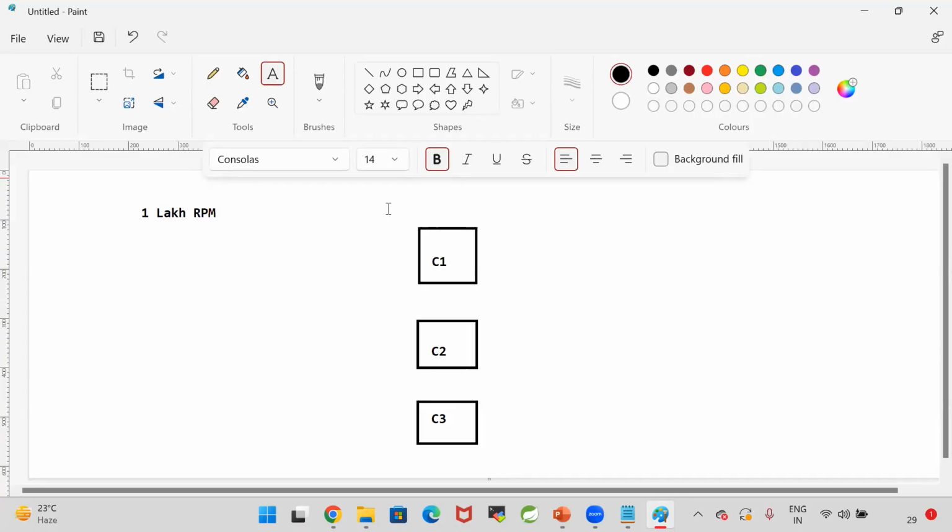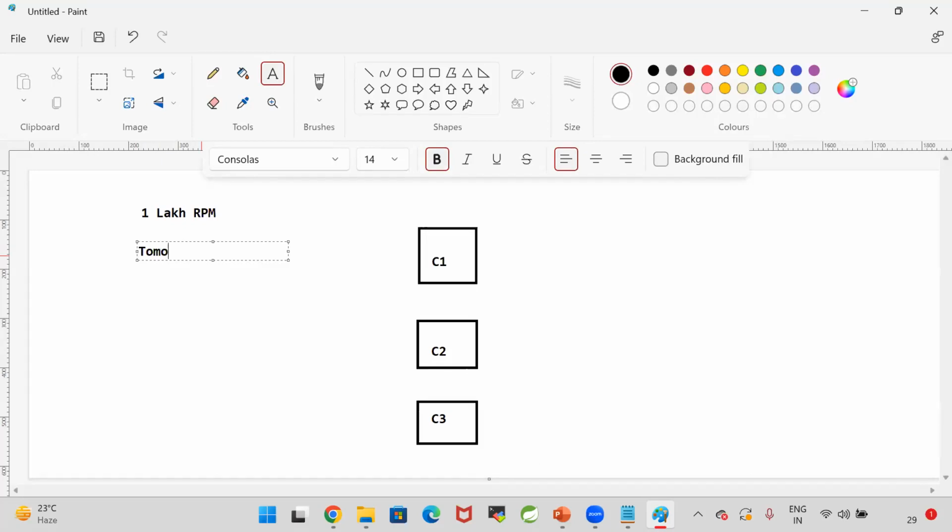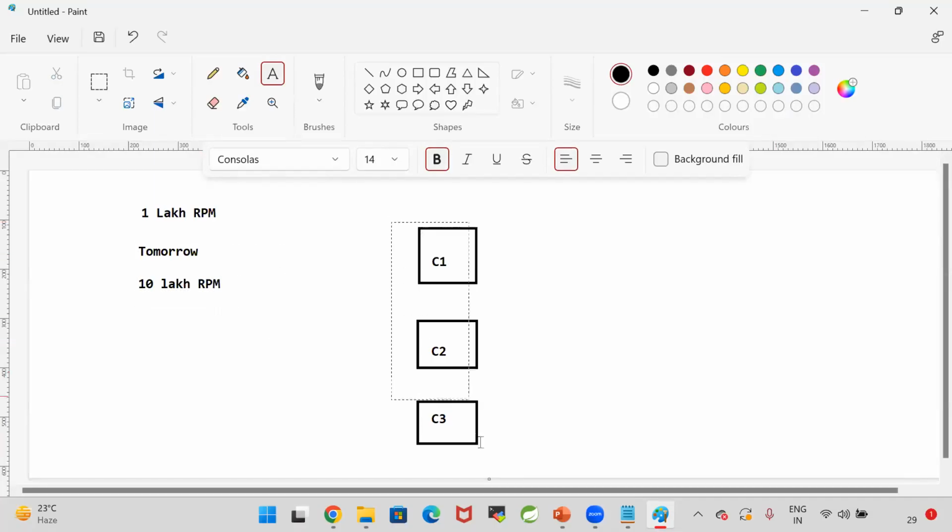To handle those 1 lakh requests, we have 3 containers. Tomorrow in our project there is Big Billion Day, a 50% offer is available, and we will get 10 lakh requests per minute. For 1 lakh requests, 3 containers are sufficient, but for 10 lakh requests, 3 containers are not sufficient.